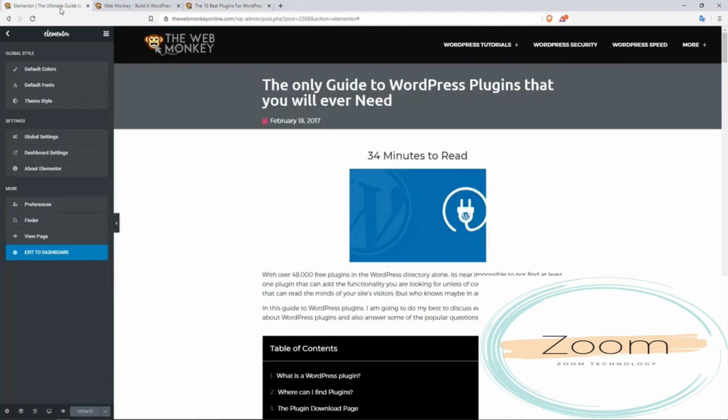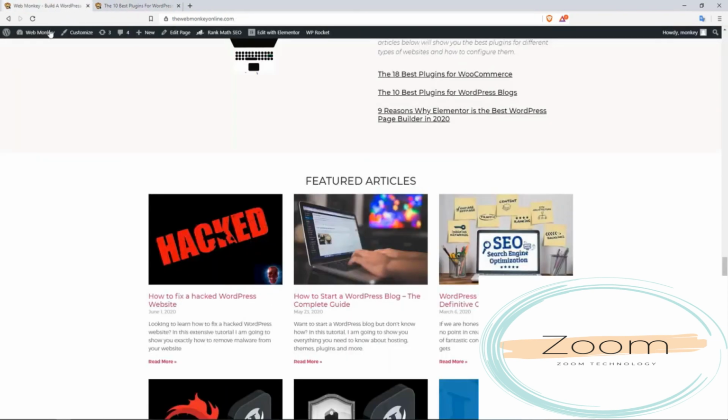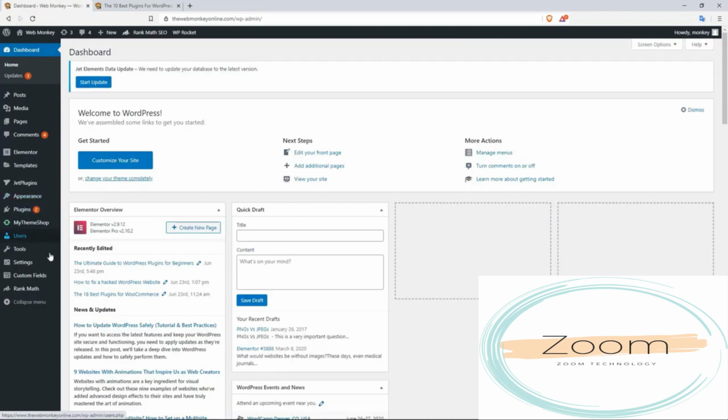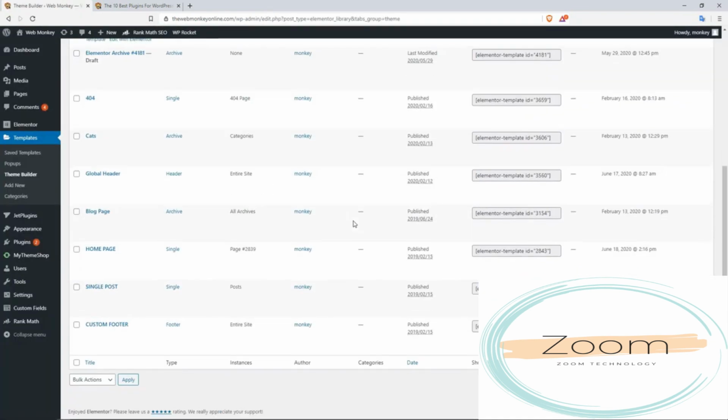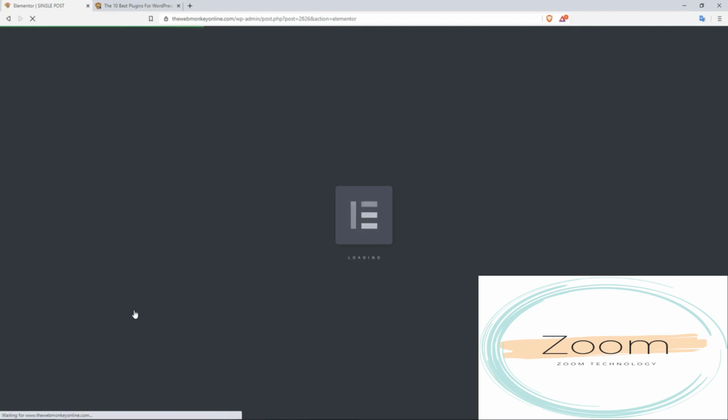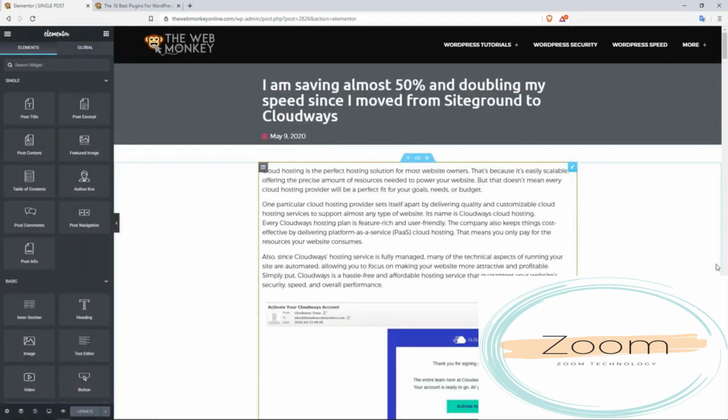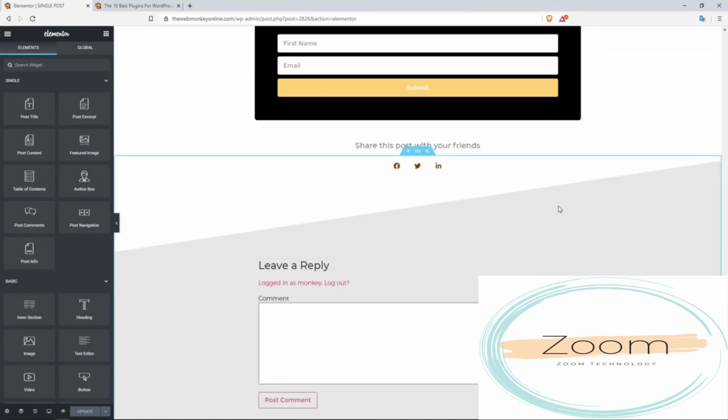So check this out, okay? I'm going to go to the back end right here. I'm going to come down here to templates, go to theme builder, and then right here I do have my template for my posts. I'll click on edit with Elementor, and then I'll just repeat the entire process all over again. Let me scroll all the way down here,